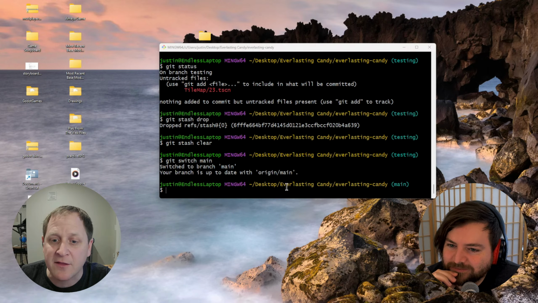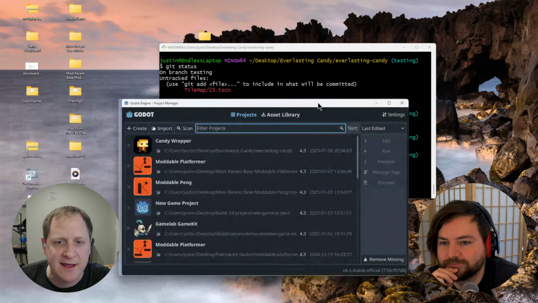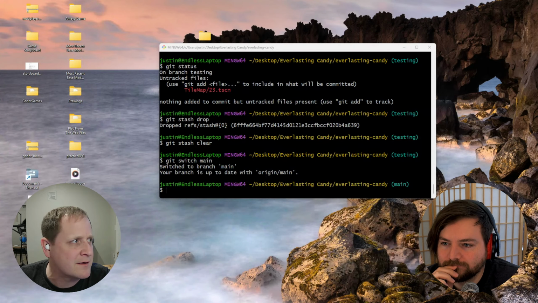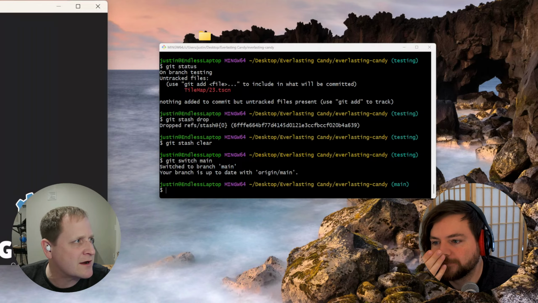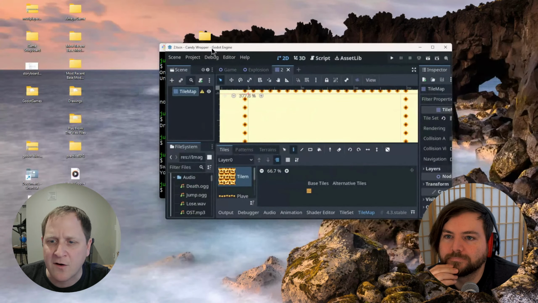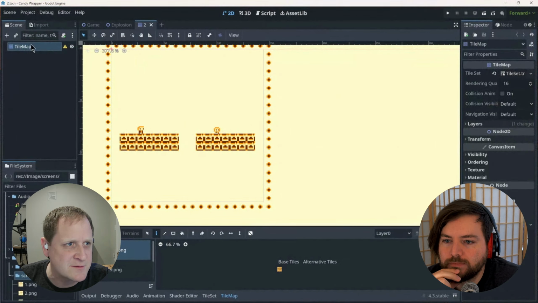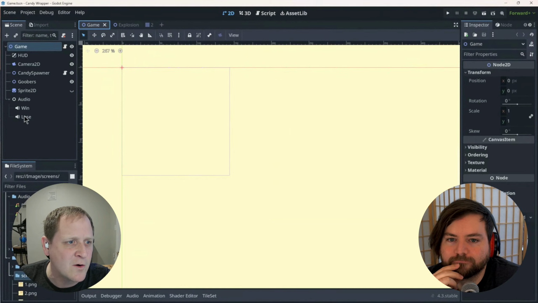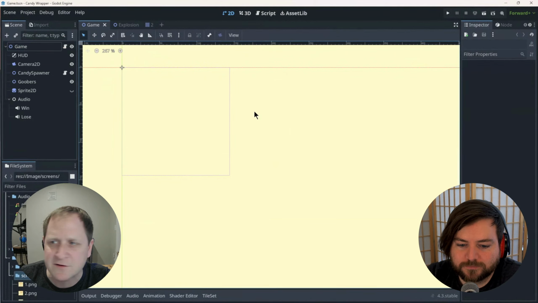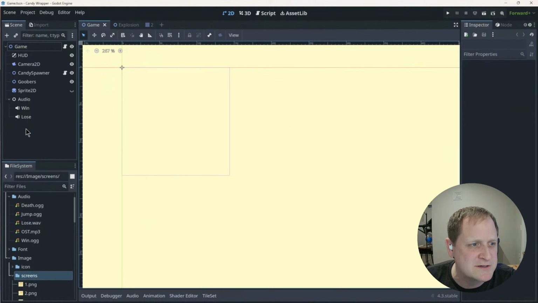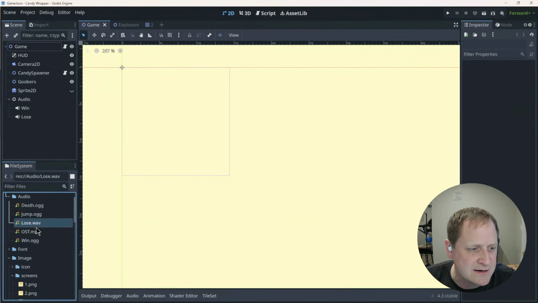Otherwise, other than that weird file hanging out, if I open Candy Wrapper, it keeps jumping to the other screen. Sorry. All that work I did, the audio stream, that's all gone. I think. Yeah. No audio stream player. That was my visual test to just see which branch I'm on. Oh yeah, I really am back on the main. Yep. But you will see scene 23 isn't here. If you scroll down, your scene 23